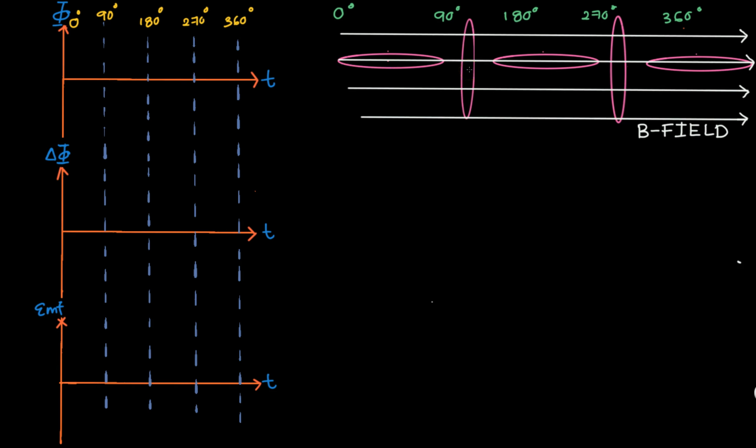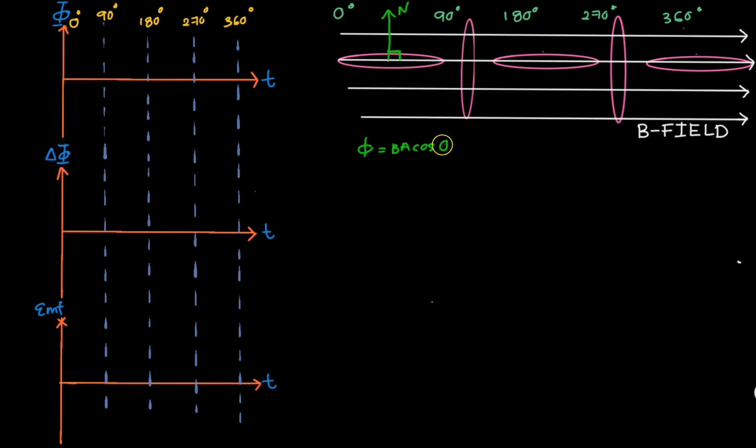At 0 degree here, imagine the magnetic field is acting horizontally towards the right as given in the diagram. And for this horizontal position of the plane, the normal of the plane is acting vertically upwards. Therefore, the angle between the normal of the plane and the magnetic field will be equal to 90 degrees. So, to find the flux at any point, the formula that we will be using is equal to BA